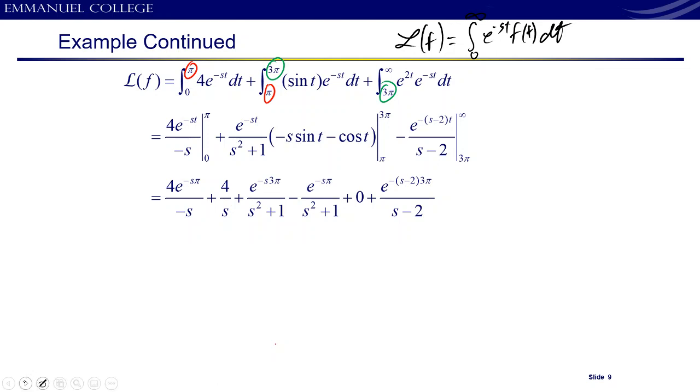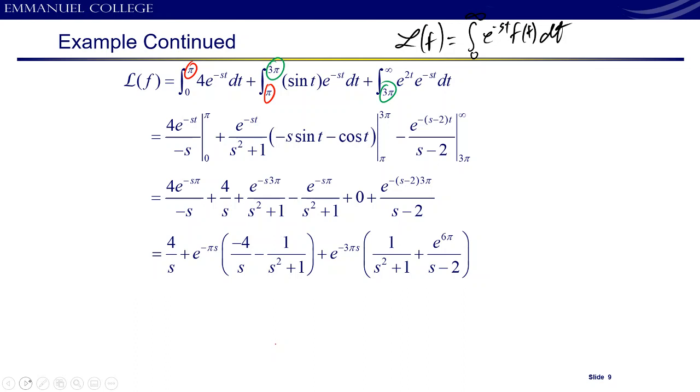So you do all the algebra. And what you find out is, so notice we have our 4 over s, which is the kind of first part of the Laplace transform. But notice you kind of link them together. There's a discontinuity between sine of t and e to the 2t. At 3 pi, what happens? Here's 3 pi, e to the negative 3 pi s. And here's the Laplace transform of sine plus the Laplace transform of